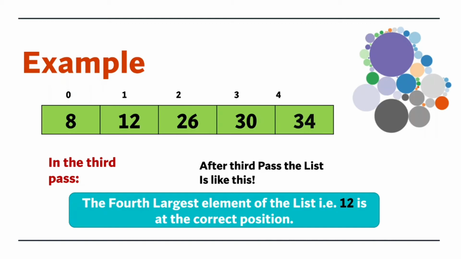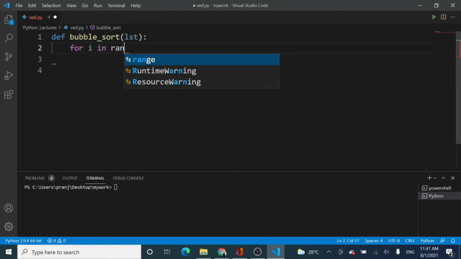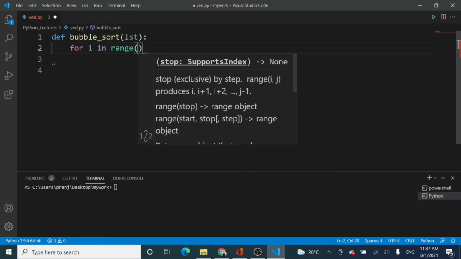So now let us move to the Python screen and see how we can actually program a function for bubble sort. Here, in order to make a program for bubble sort, I will be making use of a function, and the name of that function will be bubble sort, and this is going to take a list as an input. One thing to remember is that I will be making use of two for loops. The outer for loop is for the iterations, that is the passes, and the inner for loop is for the swapping purpose, that is the comparison, right?